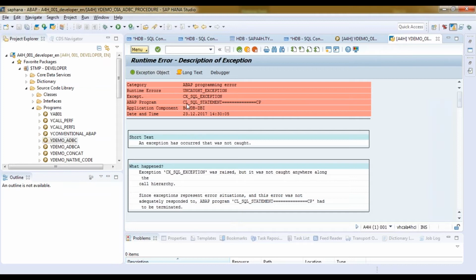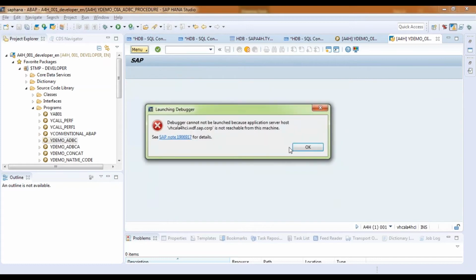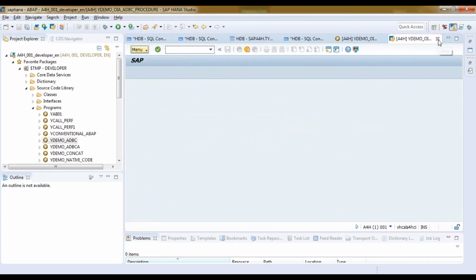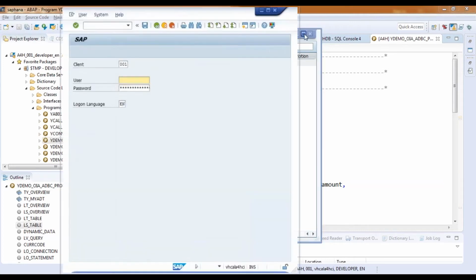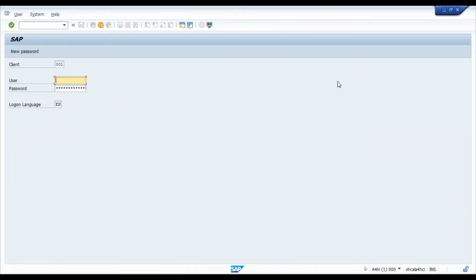Execute. Oops, very good, a dump is coming. It's good that a dump has come. Now you can see the exception type is of CX SQL exception class. Let's go to the debugger and see which statement it dumped. Maybe I will connect directly to SEPQUI and see it from there. It makes it easy for me working with SEPQUI.